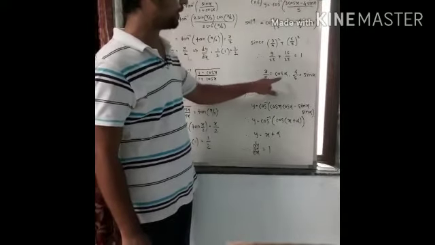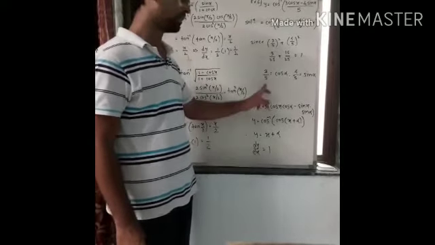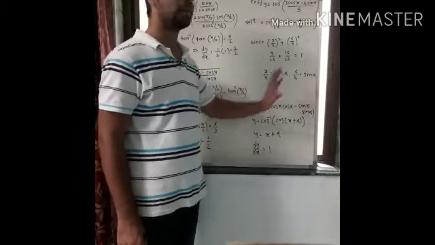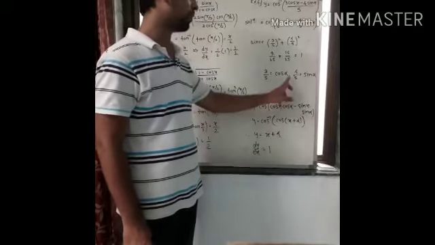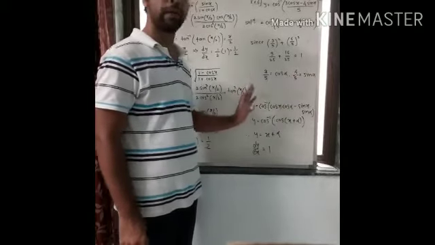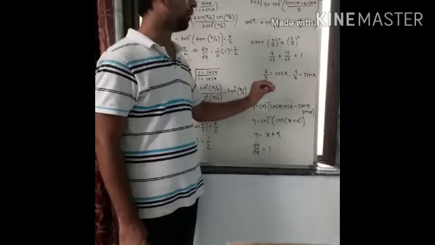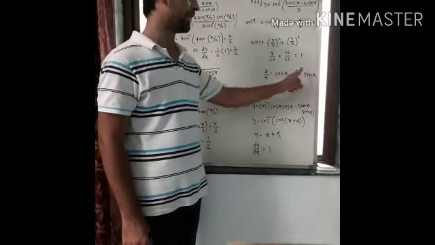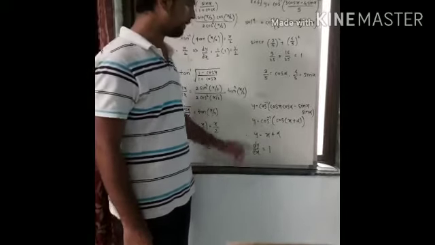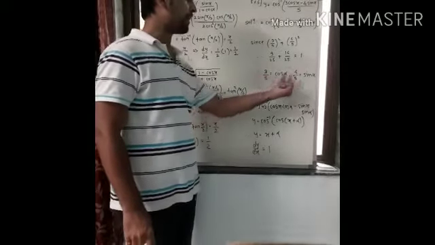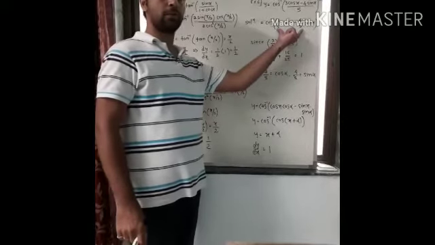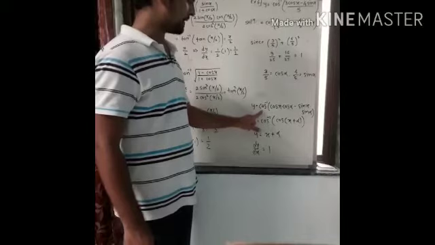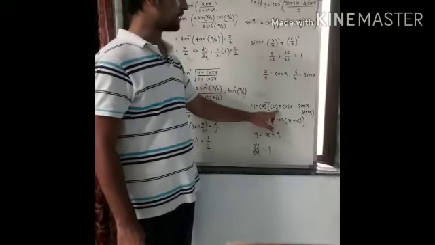3 by 5 we will call cos alpha, because it is a constant term, we can replace it. 4 by 5 is sin alpha, but here we don't know what the value of alpha is. Okay, so we assume some angle whose cos is 3 by 5 and some angle whose sin is 4 by 5. Alright, now if you replace 3 by 5 and 4 by 5 here, how will you redefine this? Cos inverse as it is, cos x as it is.